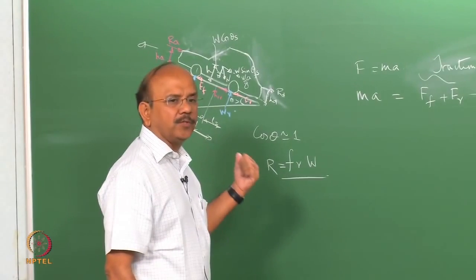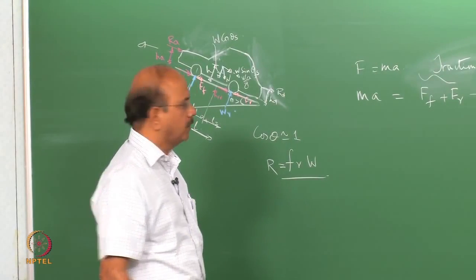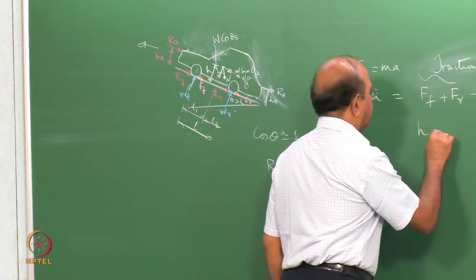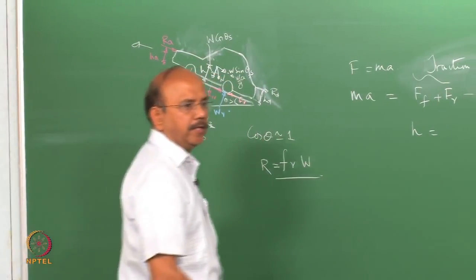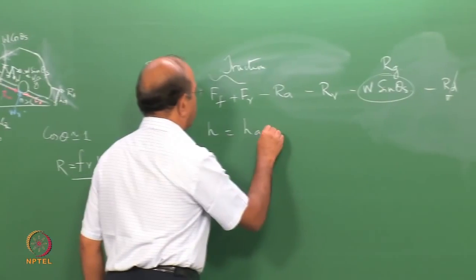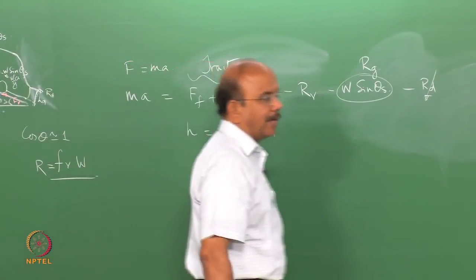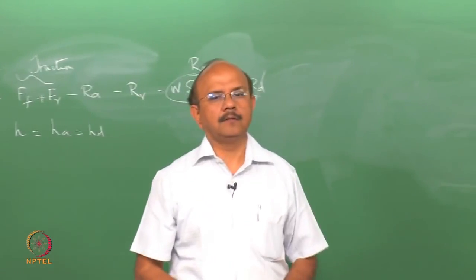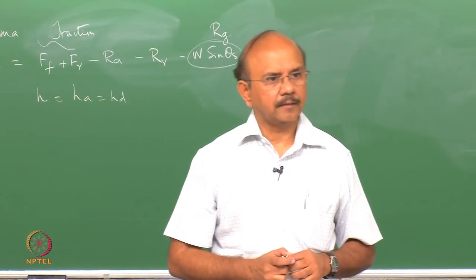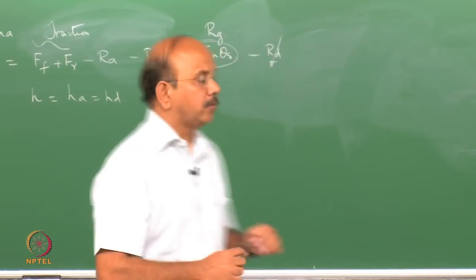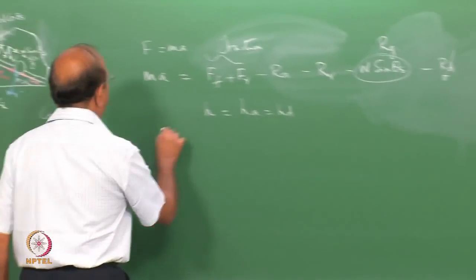The next assumption which we are going to make is that h, which is the center of gravity height, is equal to Ha is equal to Ht. That's quite valid for a passenger car, so we are going to make an assumption like that. Now, my next job is to find out Wf and Wr,